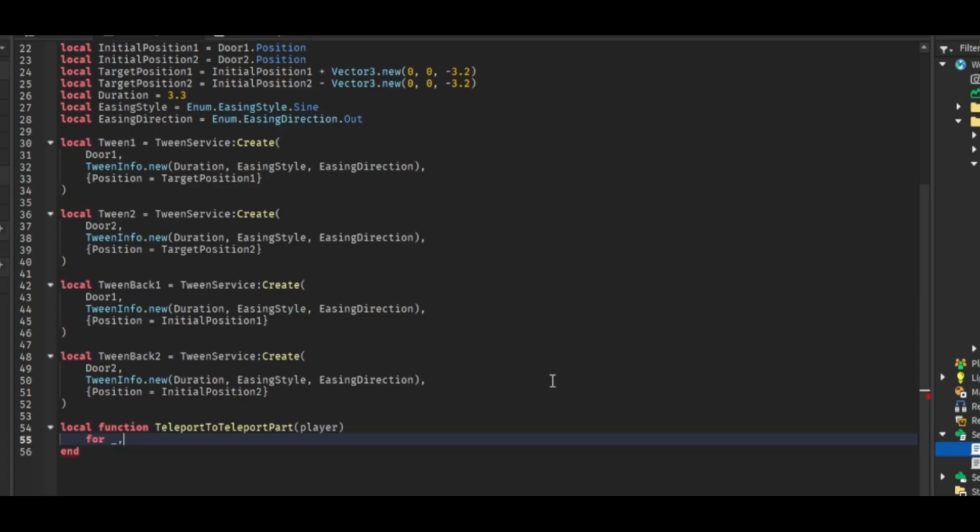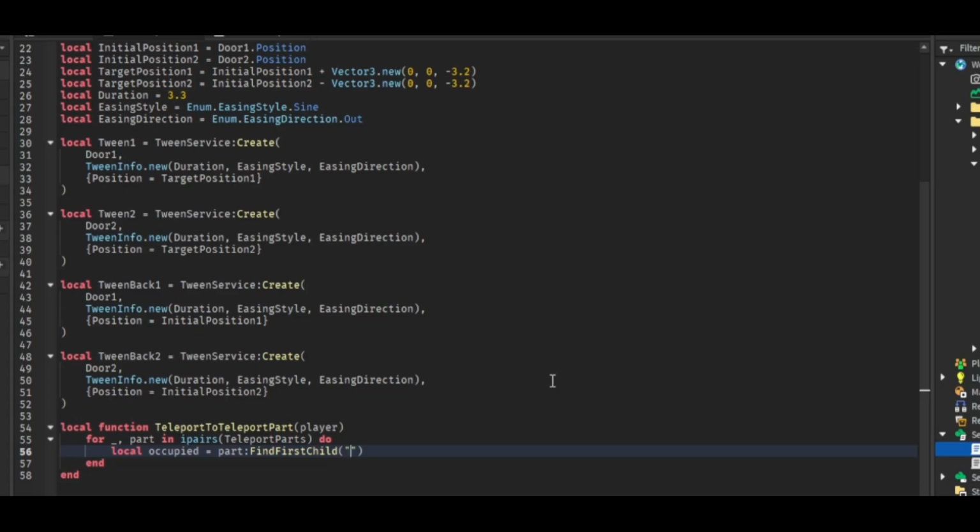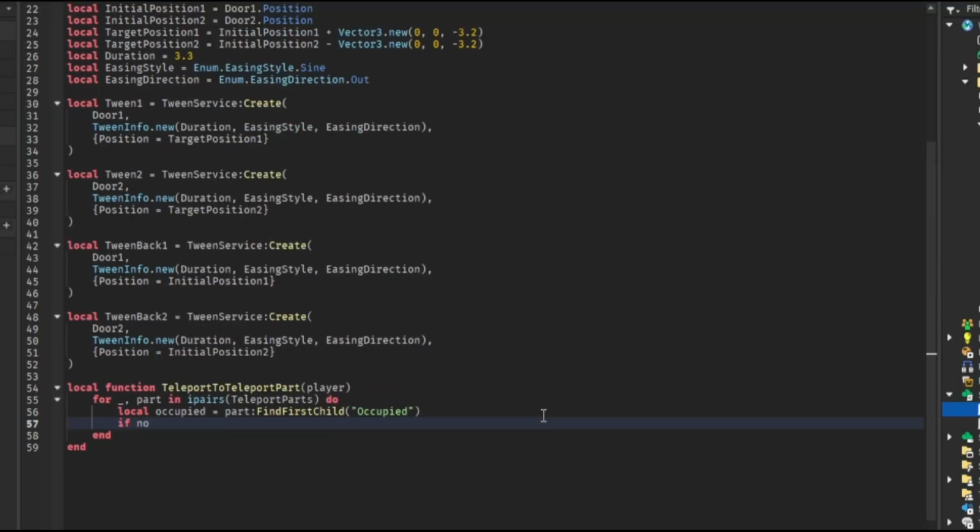For underscore comma part in ipairs teleport parts do local occupied is equal to part find first child occupied. If not occupied, then